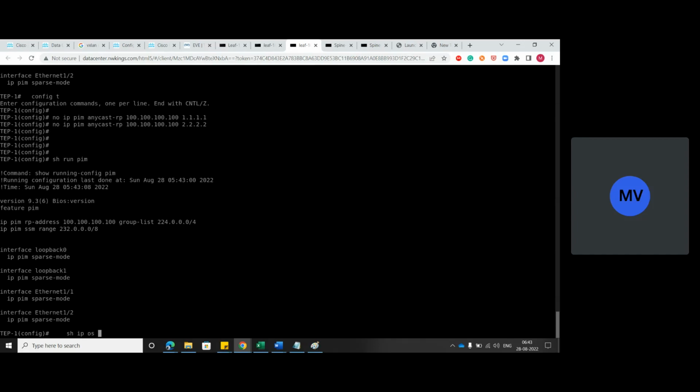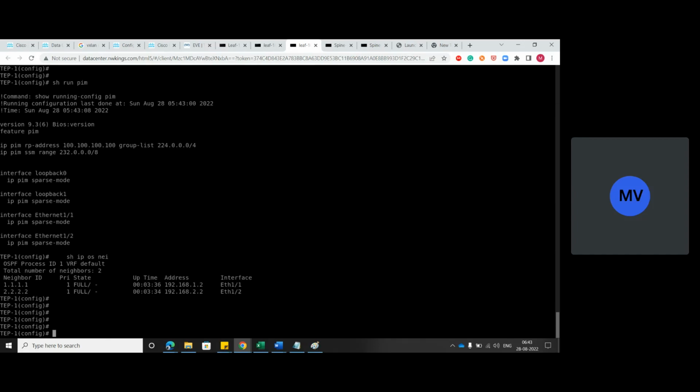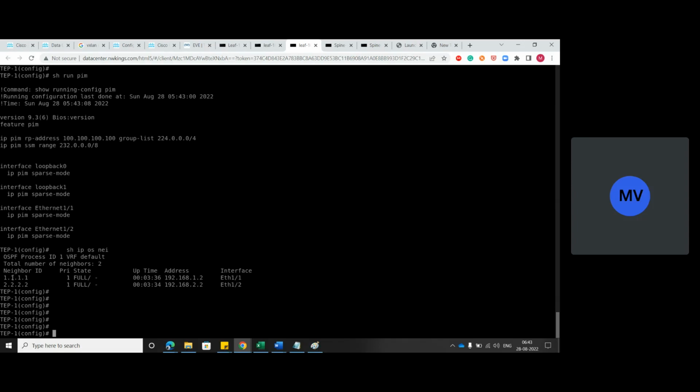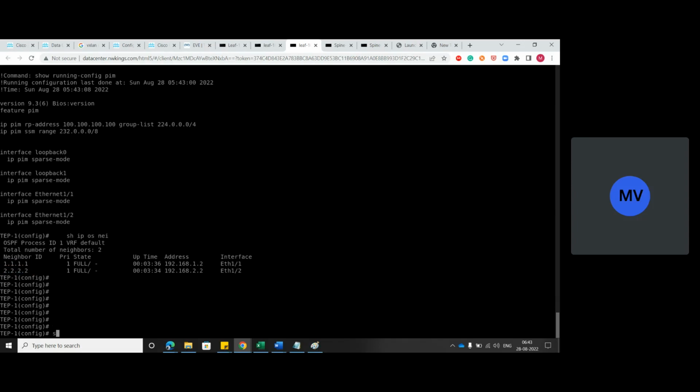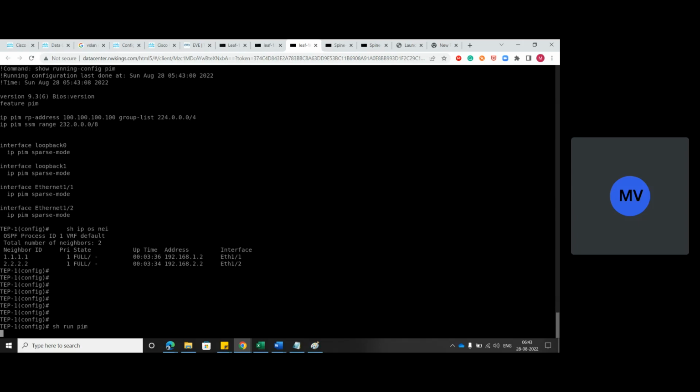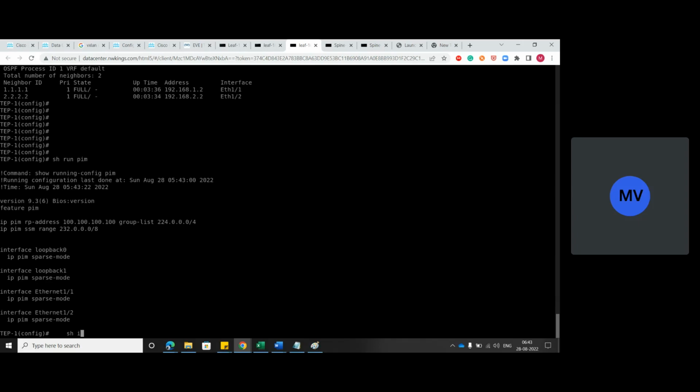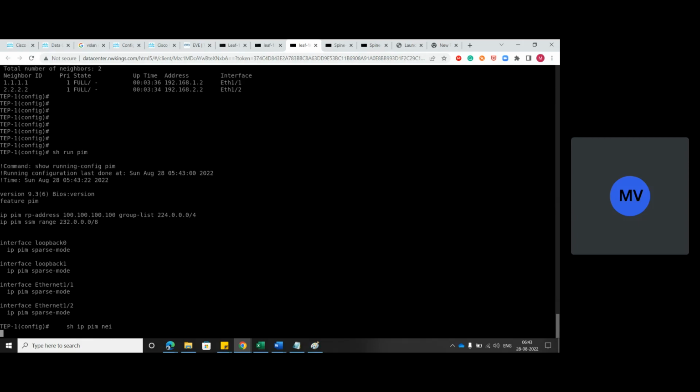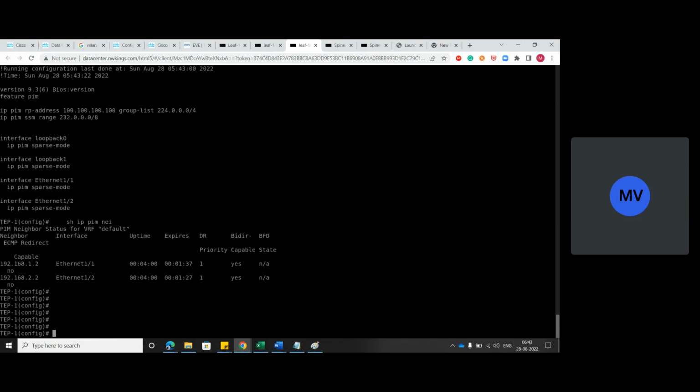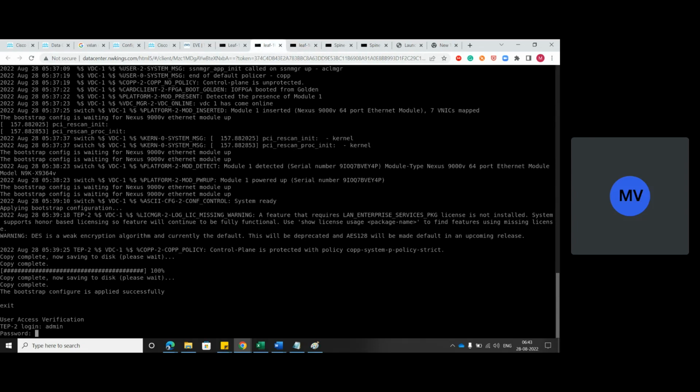So, show IP OSPF neighbor. The neighbors are up: one is 1.1.1.1 from spine 1, and 2.2.2.2 is from spine 2. Okay. Show run PIM, again it's fine. If I run show IP PIM neighbor, this should have all the neighborships. Leaf 1 is fine. Now if I go to leaf 2,